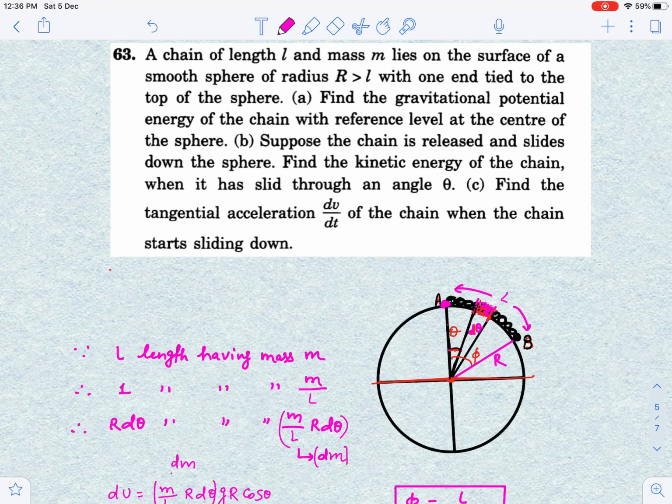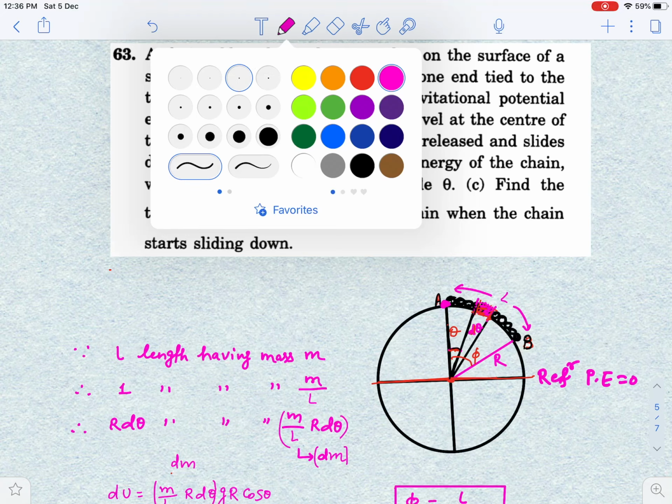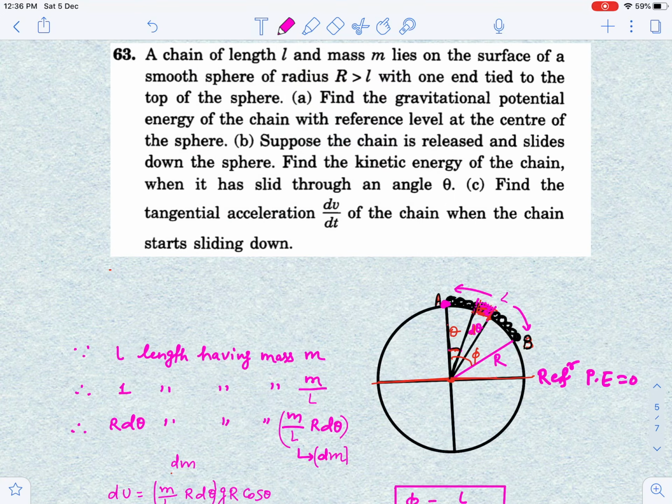That means one end is here, it is tied. You have to calculate the gravitational potential energy of the chain with the reference level at the center of the sphere. This is my reference level, guys. So at this reference level, I can assume that potential energy is 0. Now they have given,